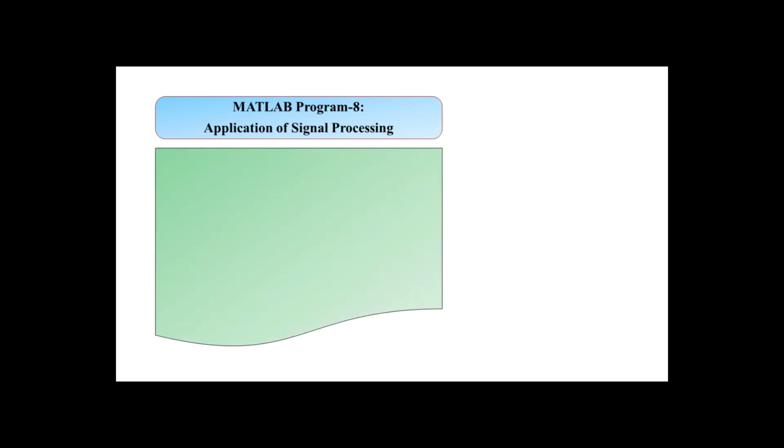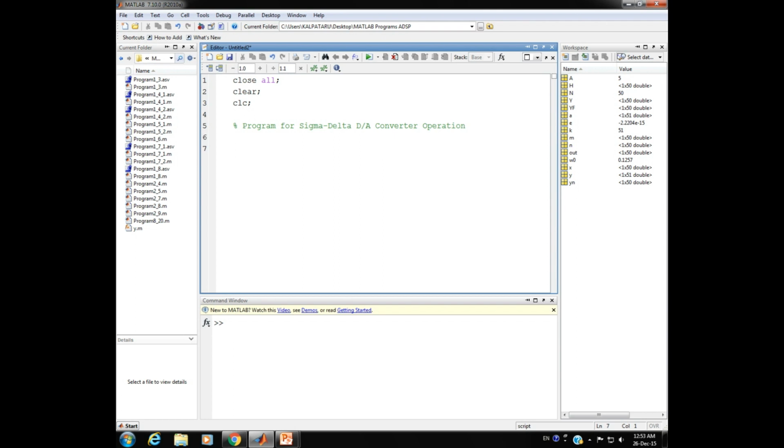So here the aim is to write a MATLAB program for illustrating the sigma delta D to A converter operation. For having the sigma delta D to A conversion operation here, first of all we require an input signal, and let us take the input signal to be of sinusoidal type here. So I just have one comment: this is to generate the input sinusoidal